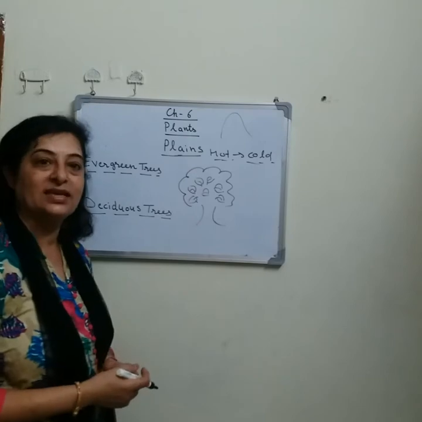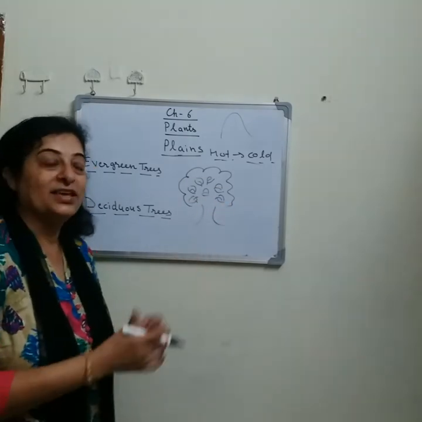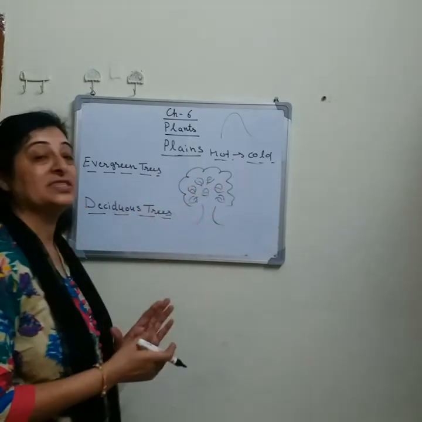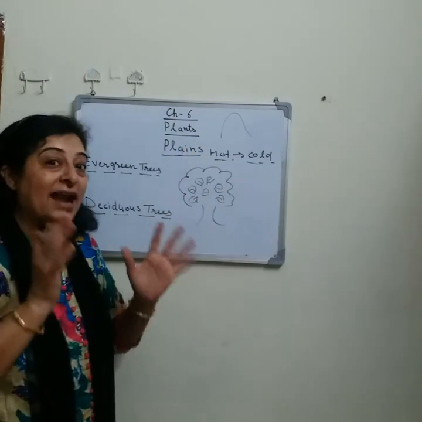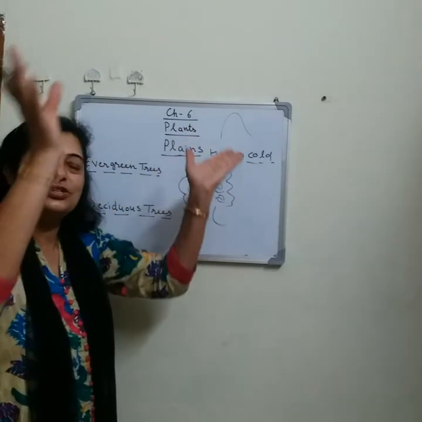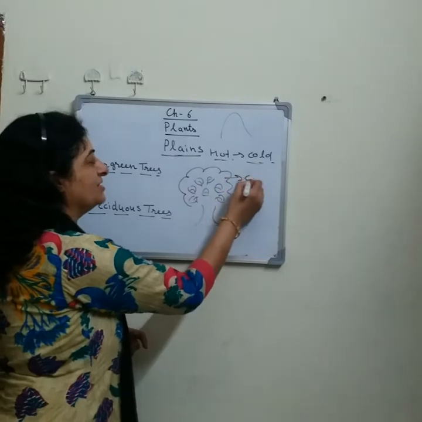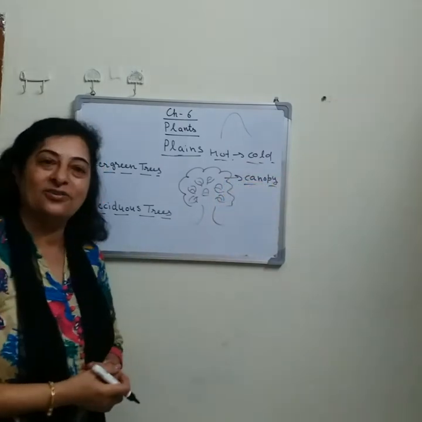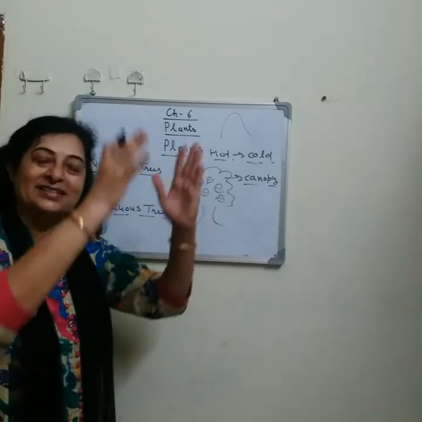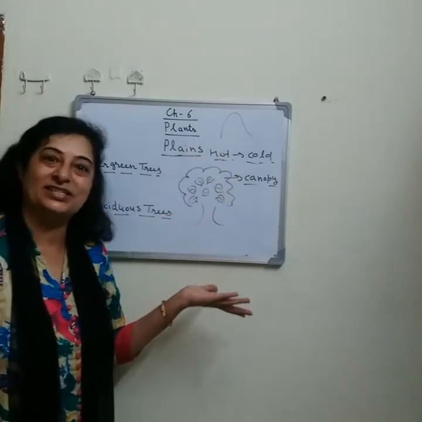So first of all we will discuss the common structure of the plants found on the plains. You can see this is a tree and there are a number of leaves and branches at the top of it. That part which has lush green leaves and a number of branches is known as canopy. It is the green part of the plant that gives us shadow.